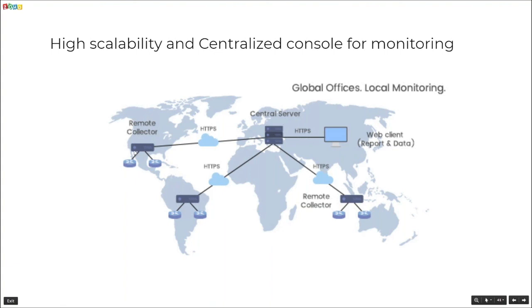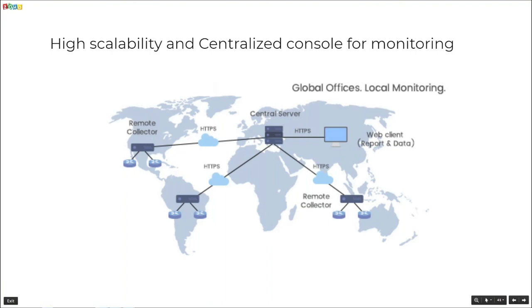If that's the case, then you can set up a collector. This collector is basically like a standalone. It's going to work in that particular remote site, but what it's going to do is use your central server. Central server means the one that will be in your head office, and using this you can see the details that are happening on each of these collectors, because it's going to have a secure network, and you can see it based on the web client, where you can report and look into the data. So this is the distributed setup.